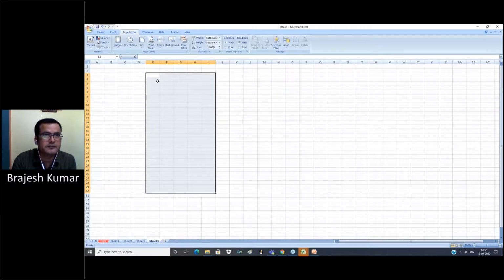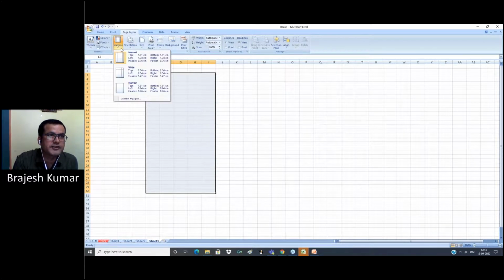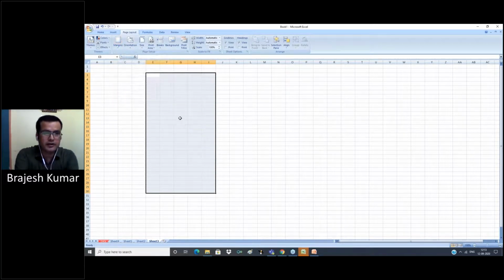Sometimes in print preview we see some columns are not in the defined area. So for this we use portrait, landscape, and margin options, so that all columns come together within the printed area.